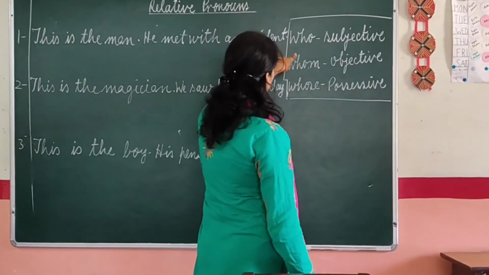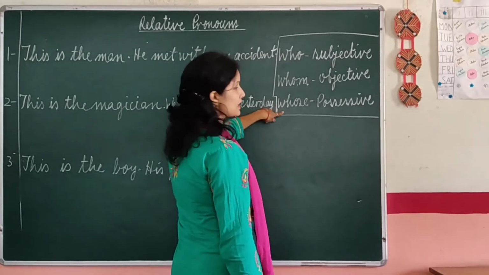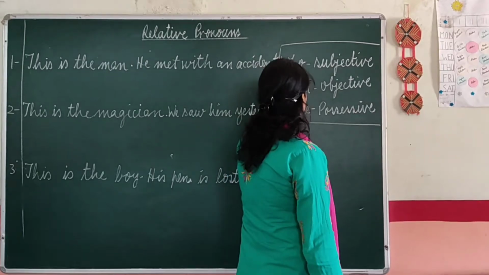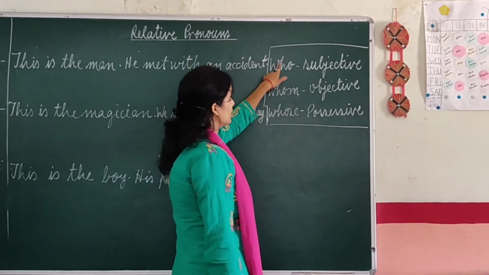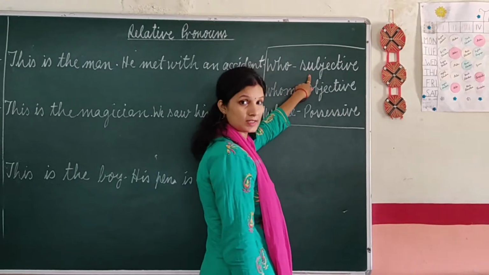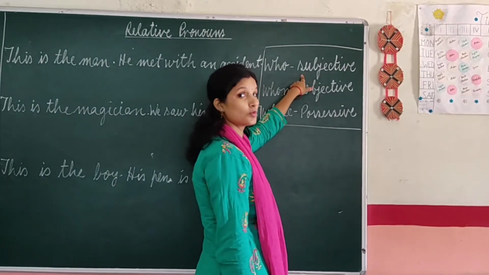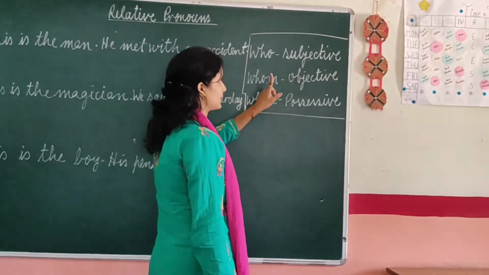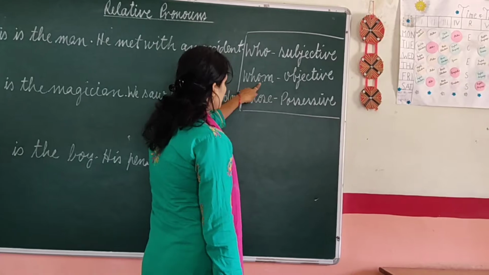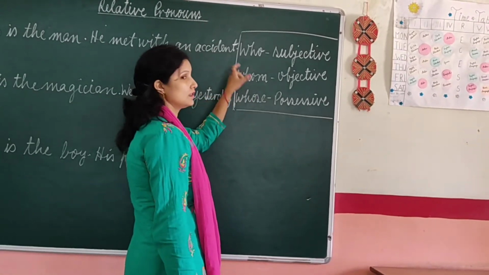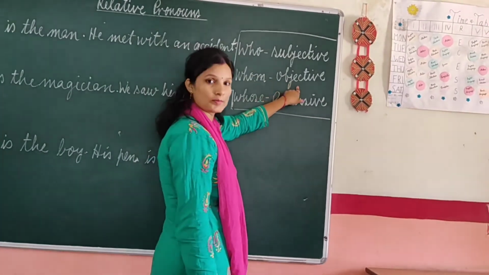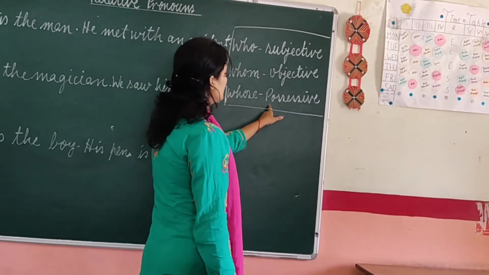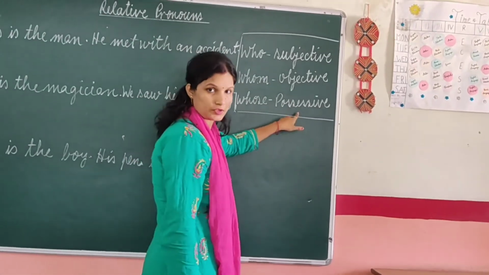Children, I have written who, whom and whose. Uses of these words for joining the sentences. We have to use who to join the sentences when we have to use this for a person, and when the person is used in place of subject. It means when the subjective case of noun or pronoun is there. Number two, whom. We have to use whom for joining when a noun or pronoun is used in its objective form. Objective case. Whose. This is used when nouns or pronouns are in their possessive form.